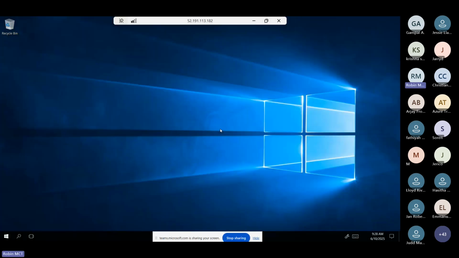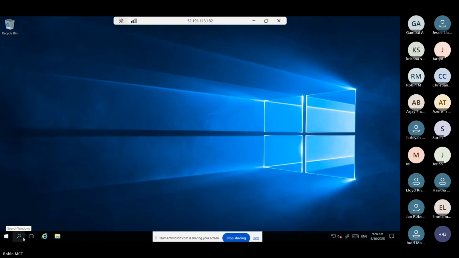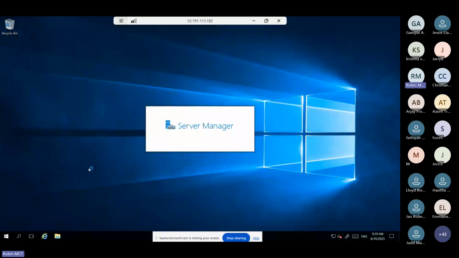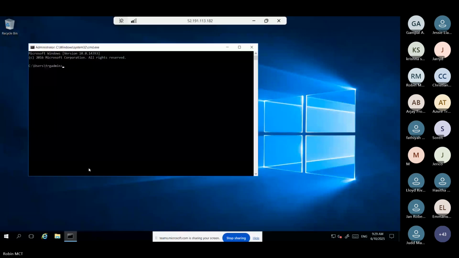Let's see that. You can see this location has been created here.